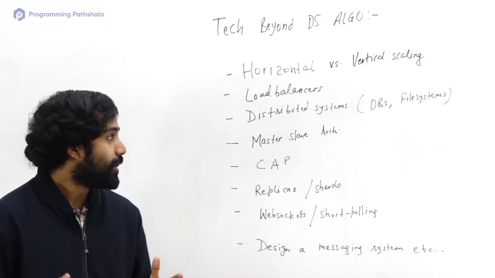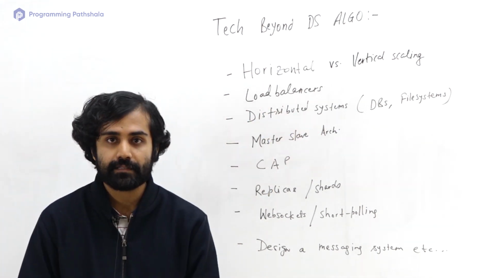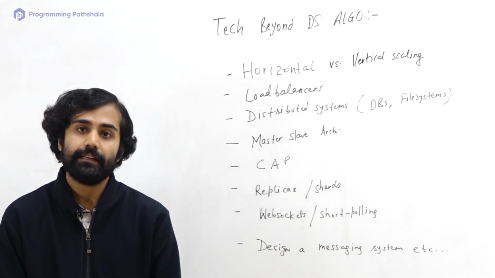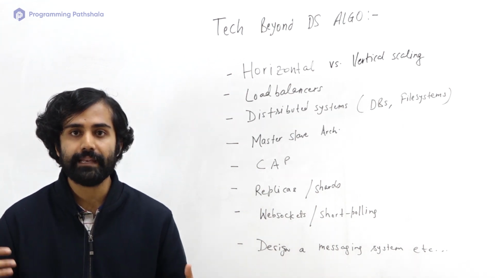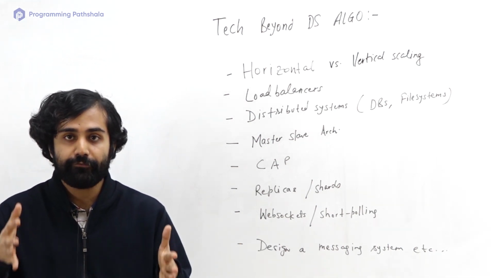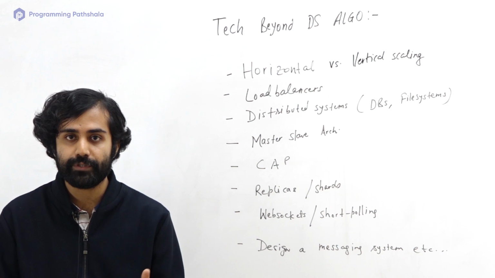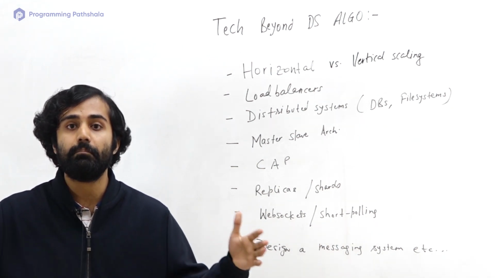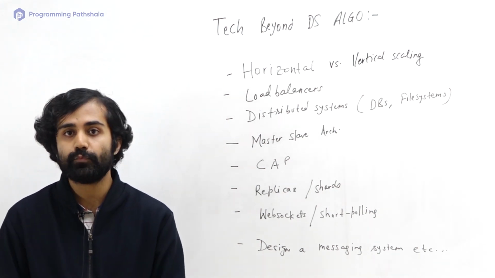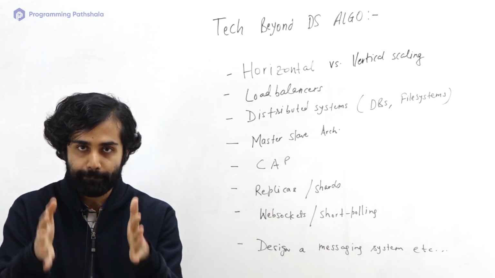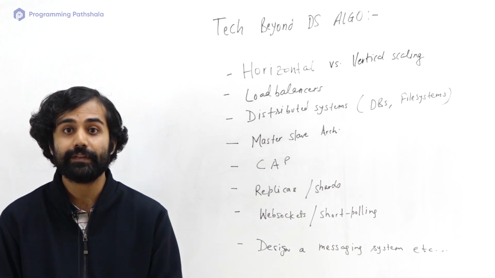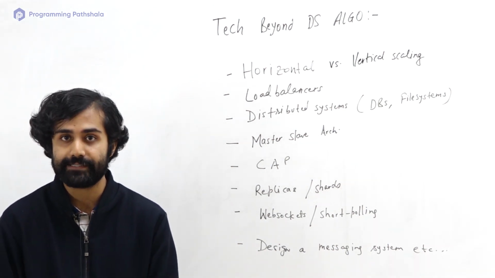Then a really important thing is distributed systems. So when do distributed systems actually come into play? Let's think of a use case. Let's say you have to store millions and millions of users' data, and you cannot fit the entire database in one computer. In that case, you would end up having multiple different database servers. Also, in certain cases you might want to replicate the same database across different nodes. By node, I mean server again. Even in that case, you would need something like distributed systems.